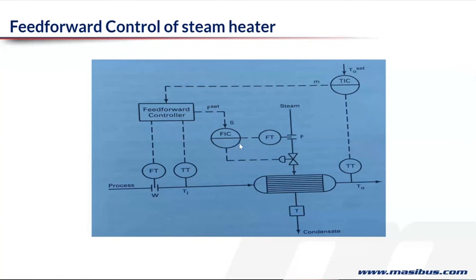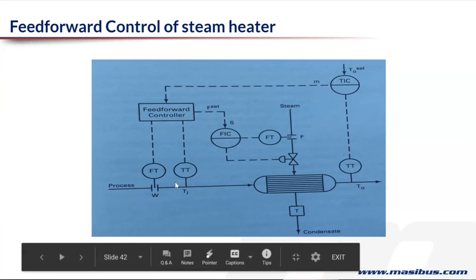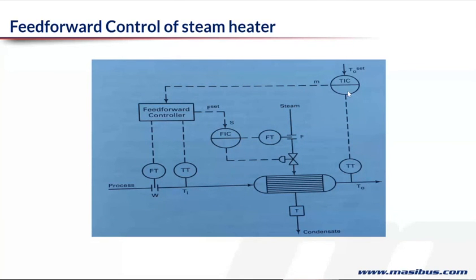And finally, I use a cascade loop, which takes in all this information and controls the flow through a flow loop and flow transmitter, so that the corrections are applied first here if there is a change in flow. If there is a change here, it's a feed forward, so there is no delay. Again, correction is applied. So both of these prevent the temperature from deviating from the set point, and you get beautiful control which you would never get, or which is impossible to get, from just using a standalone PID temperature controller.